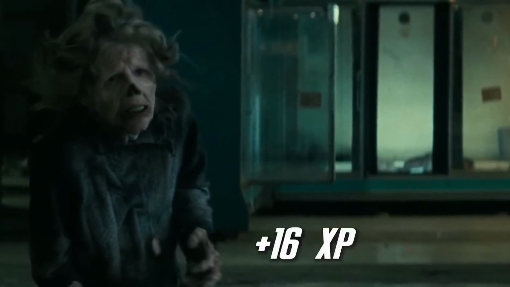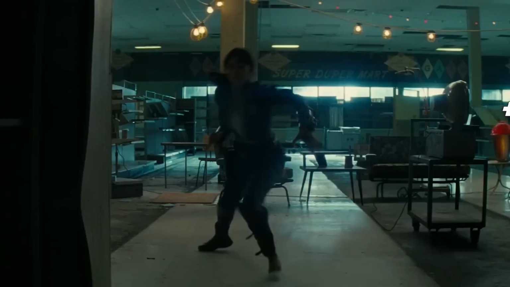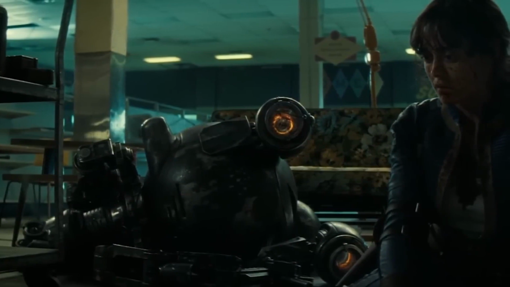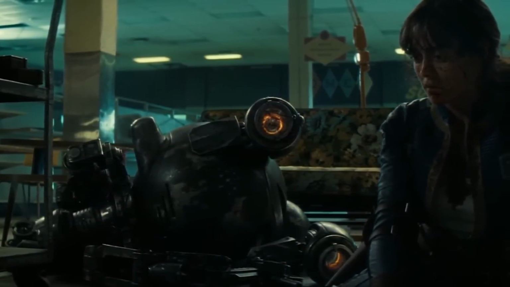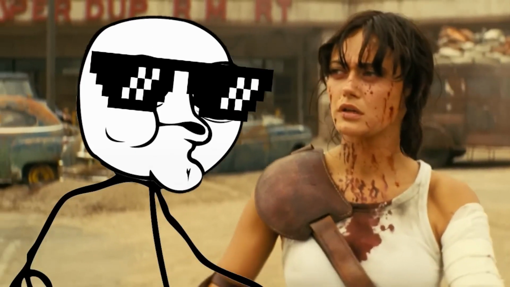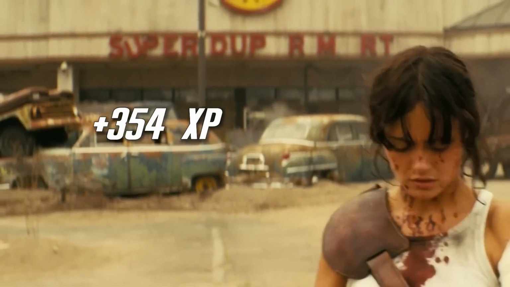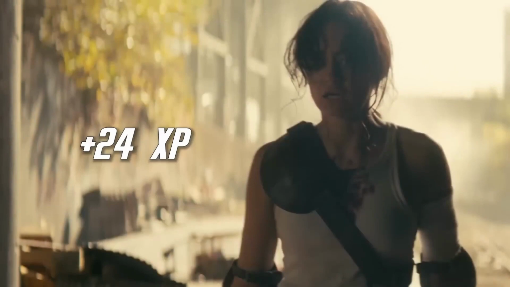One last ghoul remains, marking Lucy's first official kill in the series and granting her 16 XP. We'll also add 28 points for the dead Mr. Handy, because only Lucy truly harms it, even though they theoretically disconnect it later. At the end, Lucy gives paracetamol to Cooper and triumphantly leaves Super Duper Mart, completing the main mission, successfully escaping Cooper, earning 354 points. At the start of Episode 5, Maximus finds a new place that gives him 24 XP and makes